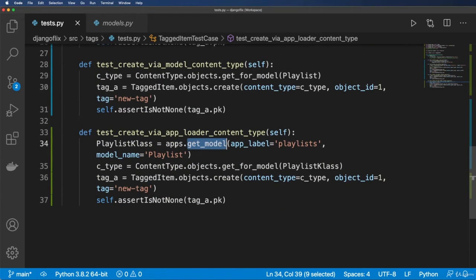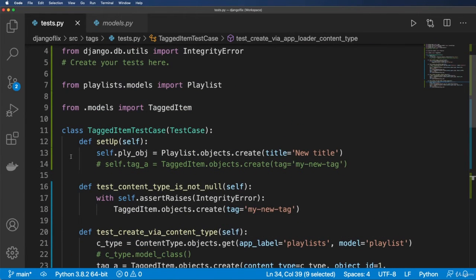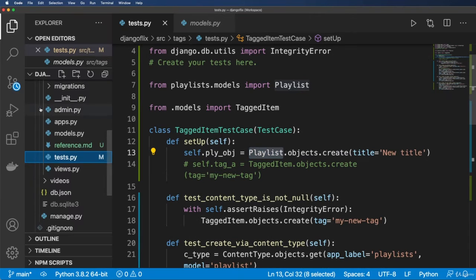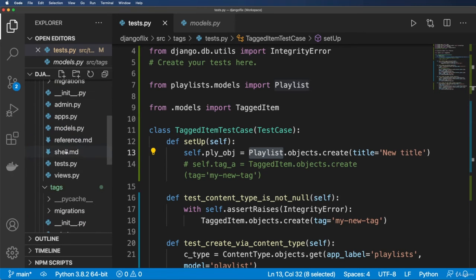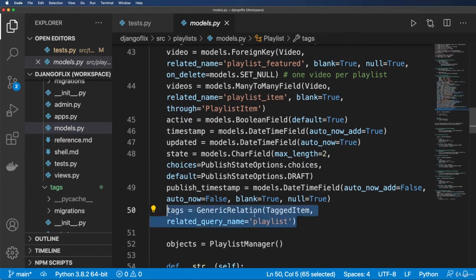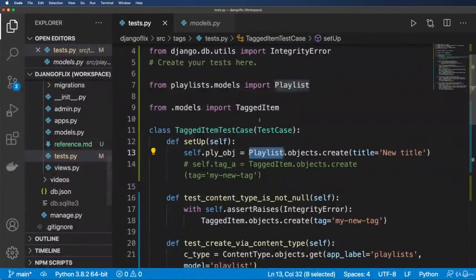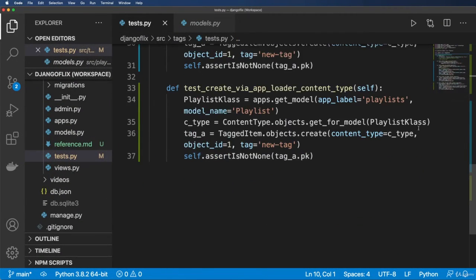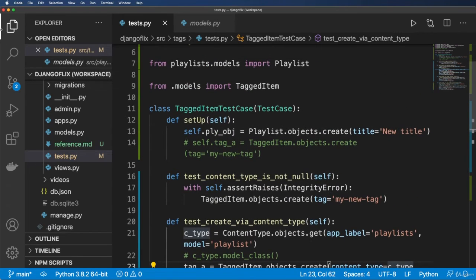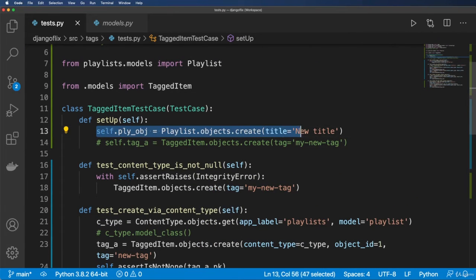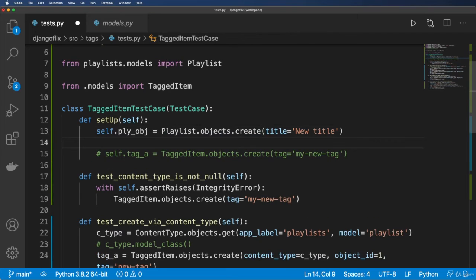Okay, so now that we've got this, I now want to test actually setting this data on a related field. So what that means is up here in my actual playlist model, right? If we look at that playlist model, we have the generic relation field. This field right here, I actually want to test that actually works. So one of the ways we're going to do it is, first off, going in here, and we'll go ahead and say